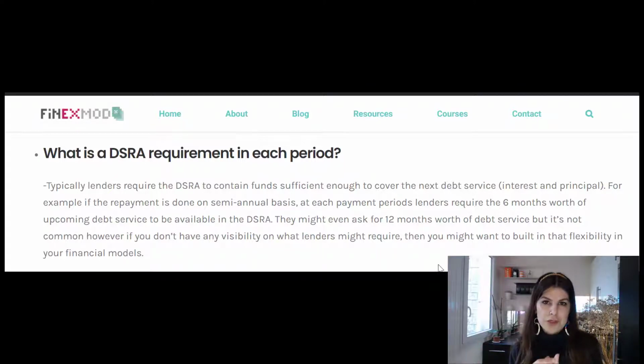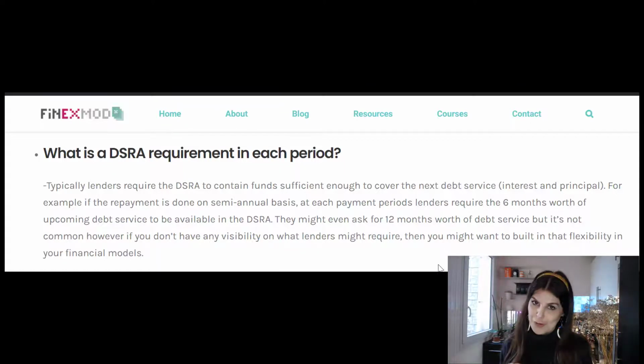However, because of the risk related to the project, lenders required not only 6 months but 12 months looking forward of debt service to be available in the debt service reserve account. So as you can see, that's another flexibility that you need to consider in your financial model, to allow for 6 months or 12 months of debt service to be funded